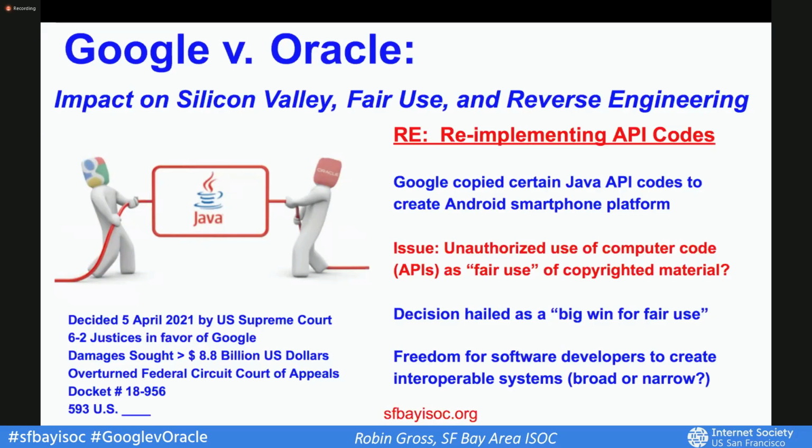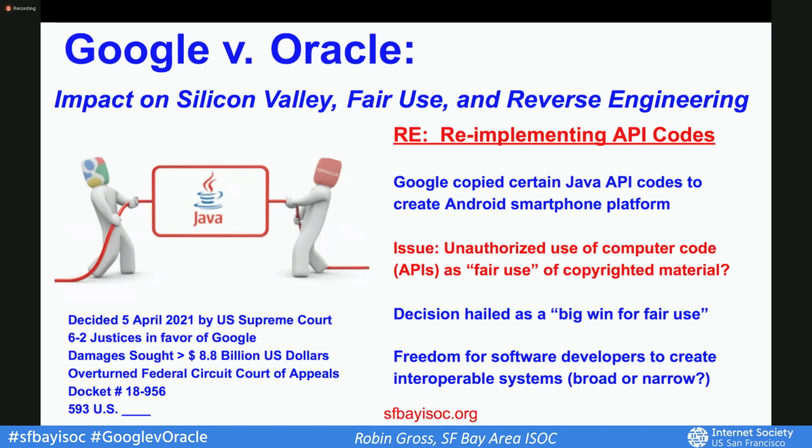The US Supreme Court concluded that Google's copying of the API to re-implement a user interface, taking only what was needed to allow users to put their accrued talents to work in a new and transformative program, constituted fair use as a matter of law. Now, in its fair use analysis, the court concluded that Google's limited copying of its API is a transformative use, because the copying led to the creation of a different computing environment and the creation of a new platform. So this is seen as a big win for software developers who want to build interoperable systems.